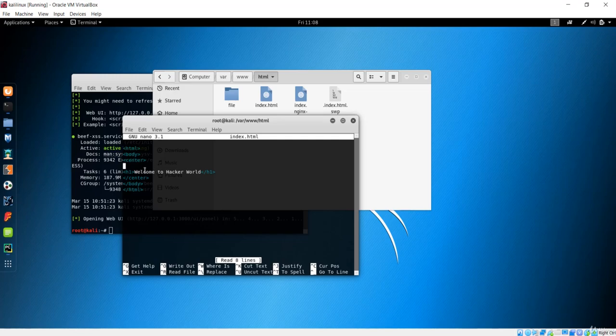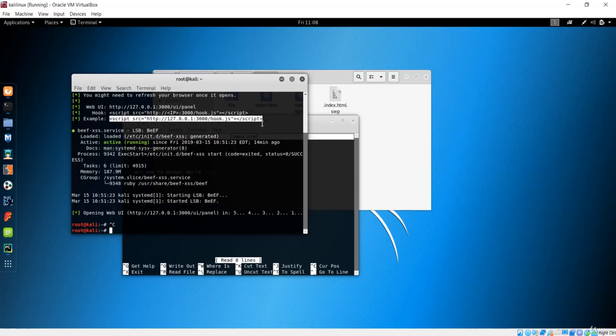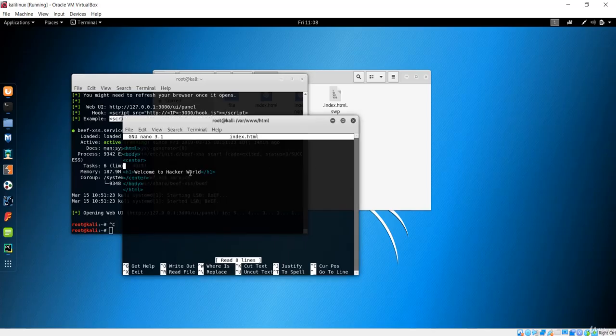Hacker Worlds. So here what I want to do is copy this script, which is responsible to inject the hook into our browser web page, and let's copy this first. In order to copy, you can simply copy from here, and after this center tag I'll paste it down here. You can see this is our IP, or basically this is the localhost. So we have to change from this localhost to the Kali machine IP.